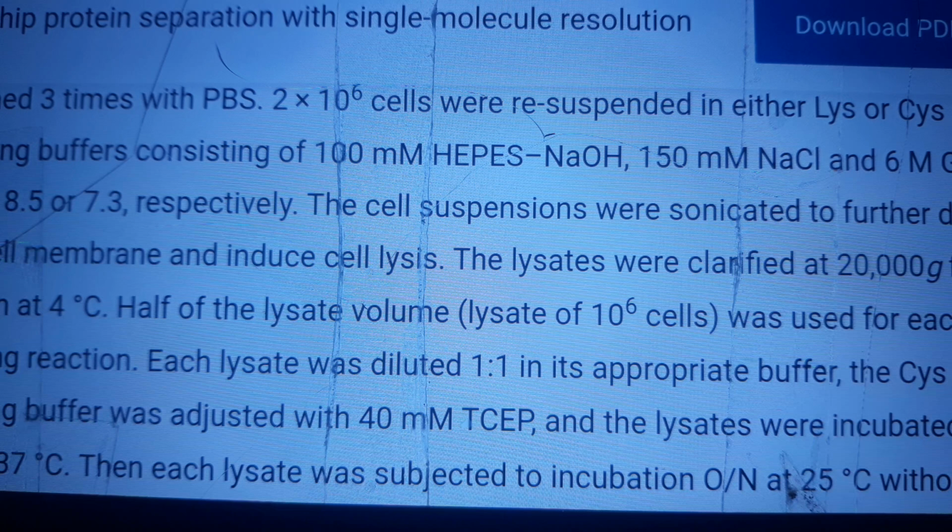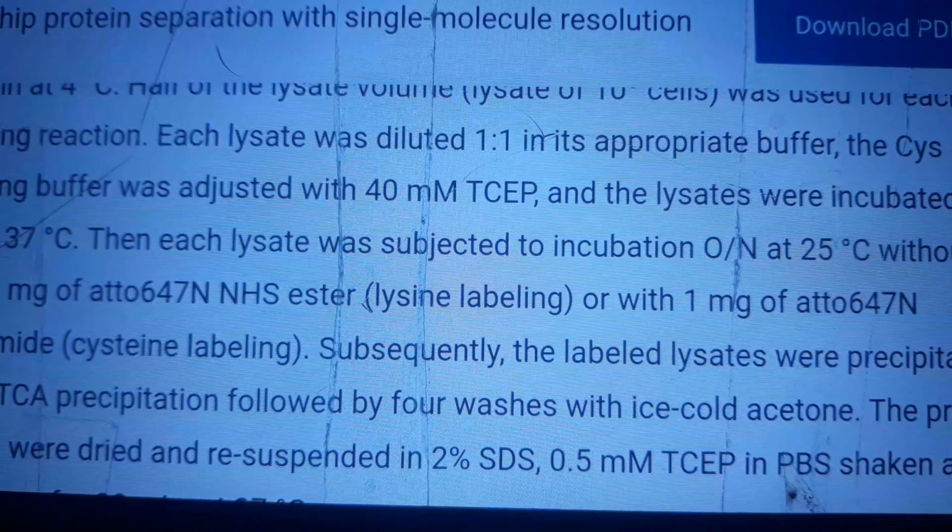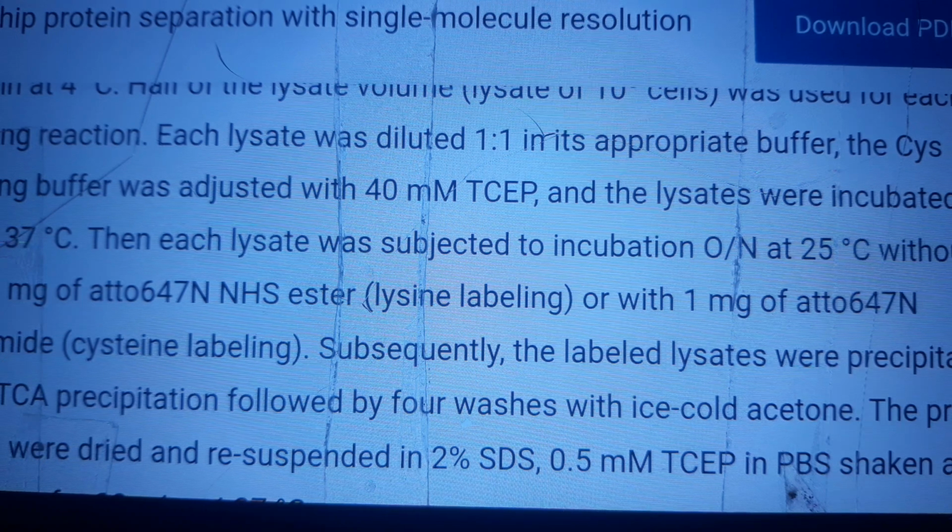The cell suspensions were sonicated to further disrupt the cell membrane and induce cell lysis. The lysates were clarified at 20,000 g for 30 minutes at 4 degrees centigrade. Half of the lysate volume, a lysate of 10 to the 6 cells, was used for each labeling reaction. Each lysate was diluted 1:1 in its appropriate buffer. The cysteine labeling buffer was adjusted with 40 mM TCEP, and the lysates were incubated for 1 hour at 37 degrees centigrade. Then each lysate was subjected to incubation overnight at 25 degrees centigrade